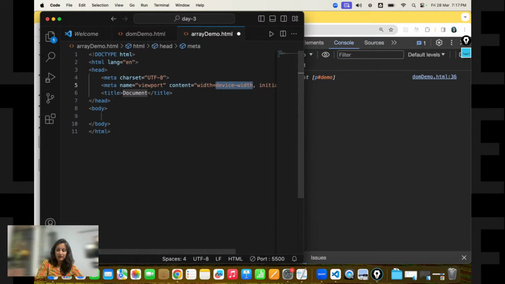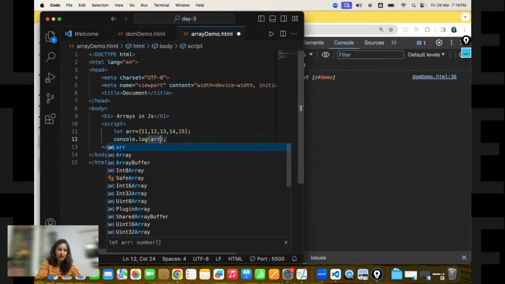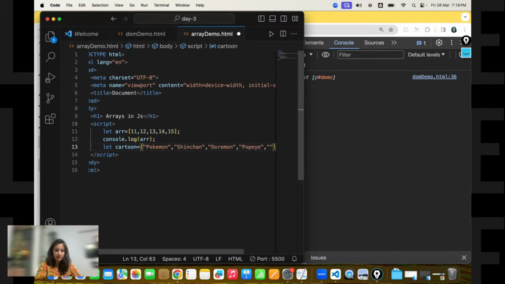Okay, so here simply, again, I'm going to write the same thing. Arrays in JavaScript. Okay, script tag, let ARR is equal to 11, 12, 13, 14, and 15. Okay, it is going to write here, and then console.log, it is going to give you the array here. Fine. Let's say now, let cartoon. Okay, cartoon characters. So let's say the cartoons are Pokemon. Then let's say Shinchan. Then let me write here Doraemon. Let me write here Popeye. Then let me write here Powerpuff Girls